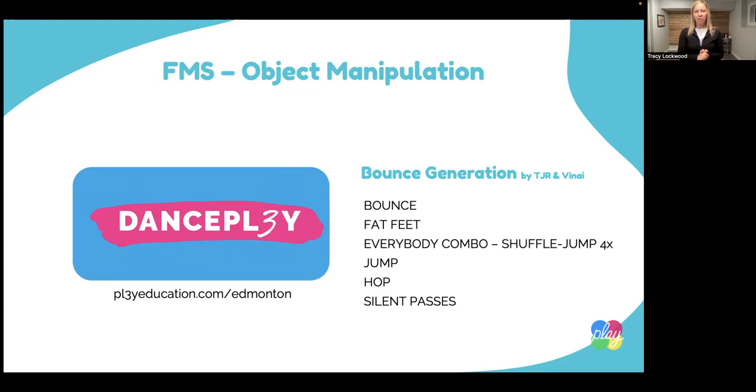But Bounce Generation is a really great dance. If you want to go onto YouTube and type in Dance Play with a 3, because we follow 3 rules, you can take a look at YouTube and there are tons of dances. This is one of them that you can check out, but I'm going to try it with you. Okay. So let's